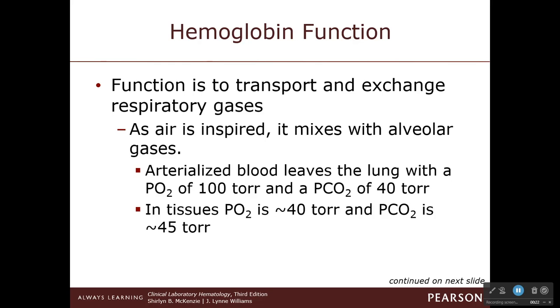So let's talk about hemoglobin in general. So we know what hemoglobin's main function is. It's to carry gas. That's what it does. It carries oxygen, and then it plays a role in helping us get rid of carbon dioxide. That's its main function. Without that, there's no reason to even have hemoglobin. But one of the things we're going to talk about is